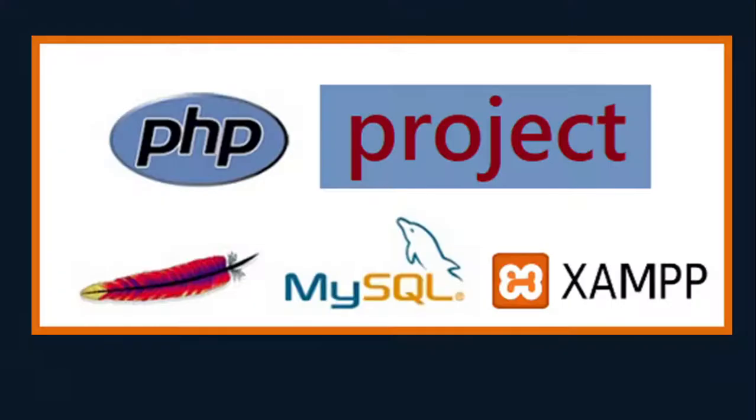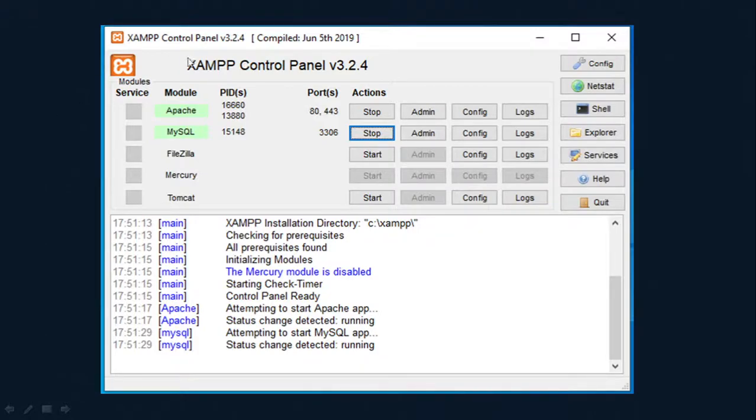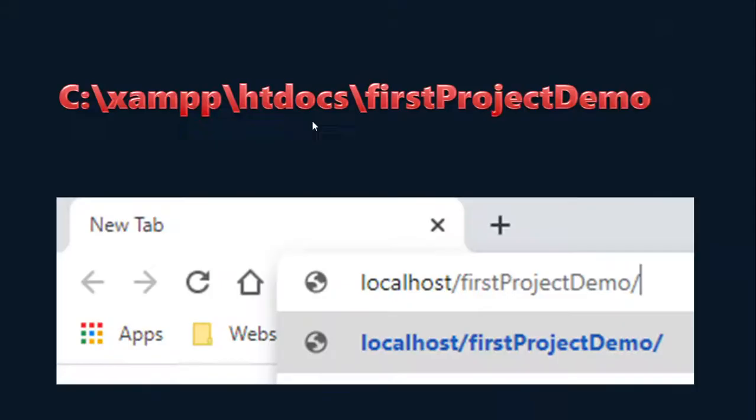So let's continue. It's a PHP project with a MySQL backend. Particularly in this XAMPP edition, we use MariaDB, and this is the Apache server. Once you start your XAMPP server, you need to start Apache and then MySQL. Both should be running. If they are running, then you can easily run the project. And you need to keep the project folder in the htdocs, that is, the XAMPP folder. Wherever you have installed XAMPP, there is htdocs, and this particular project folder should be in the htdocs. I'll show practically where it is.